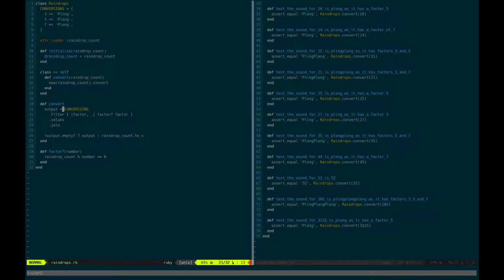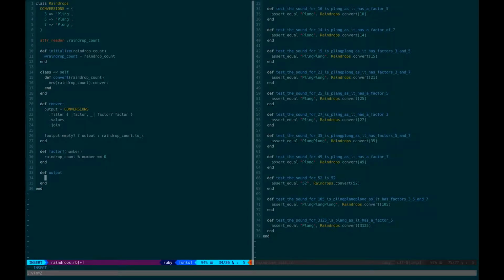All right, that works. Cool. So this is still an improvement. We learned something new about hash, how to use hash filter, but there's still something a little funky about this. This is still sort of imperative code. I don't really like this being here. What I would prefer to see is